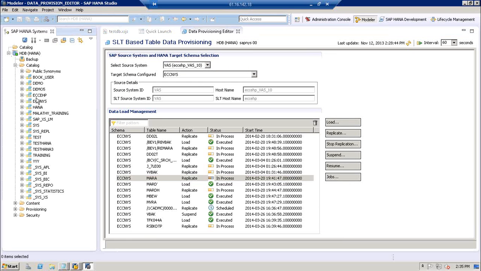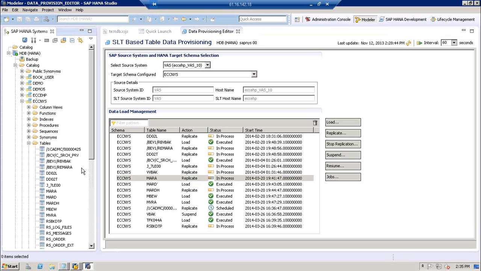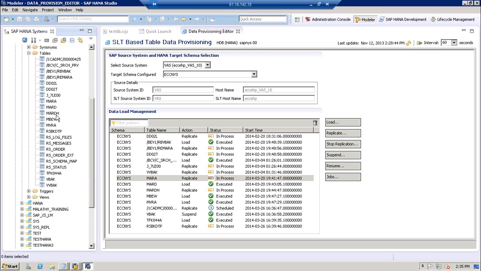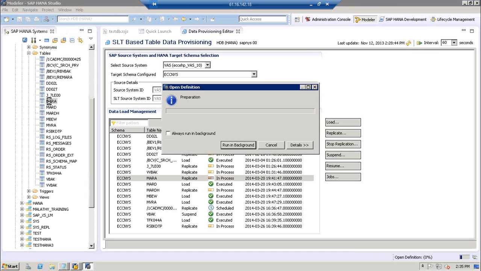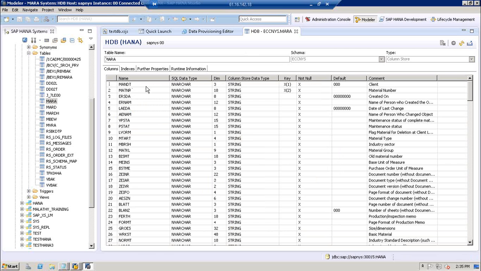I go to catalog, I go to ECC NYS, I go to tables. So can you see the MARA, MARD, all these tables? So these are the tables in ECC, right? Now if you open this, let me show you, all these fields are there.